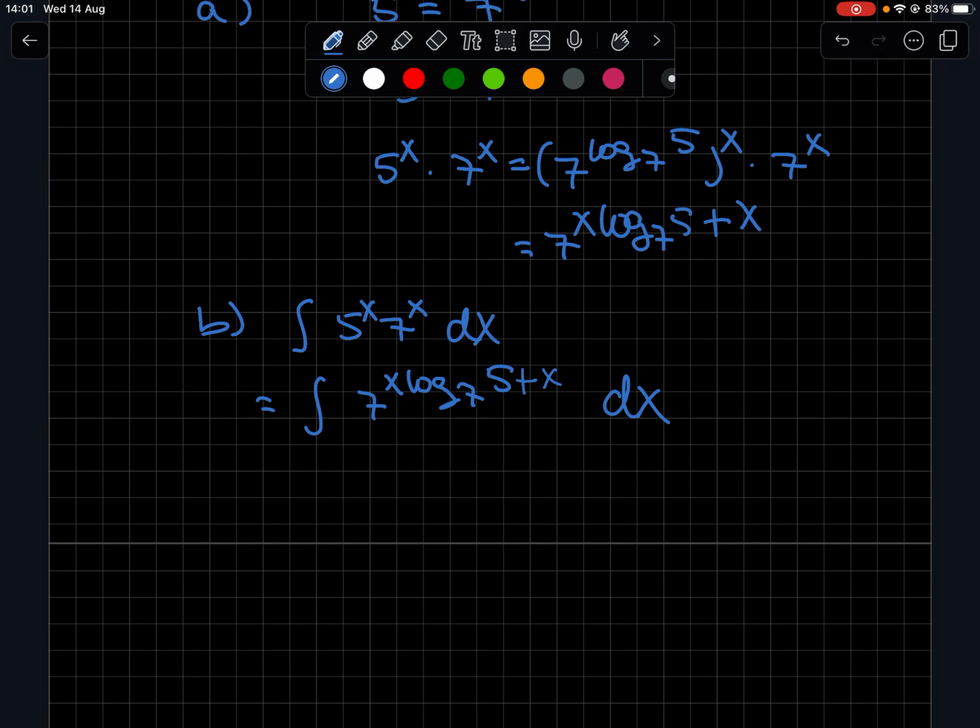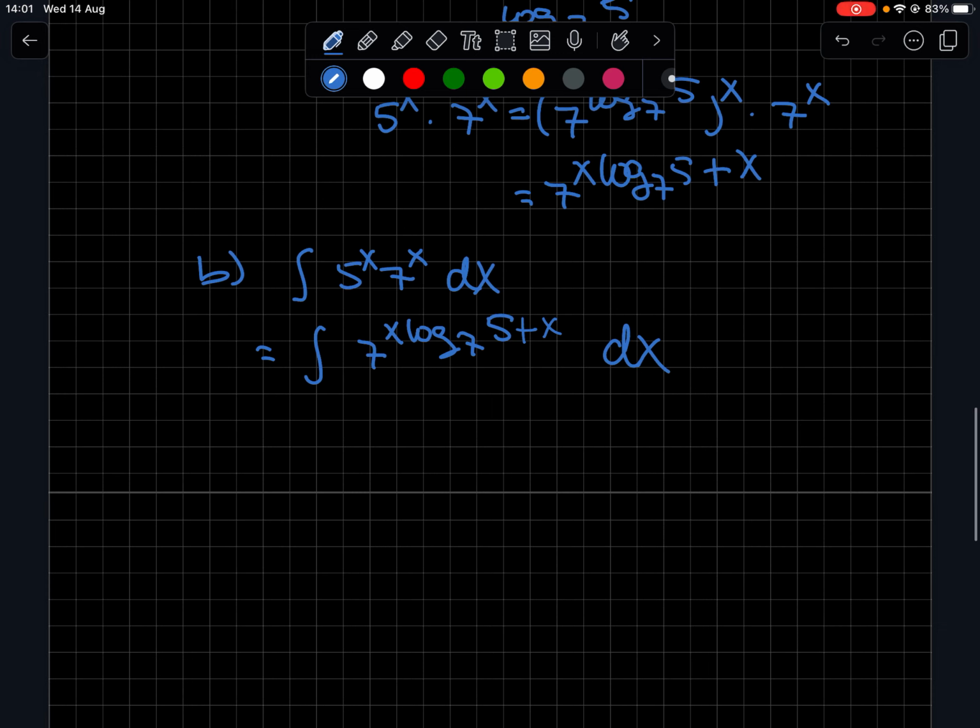There we go. So, how do we actually integrate this exponential? Well, we can either factor out an x and then use the exponent laws, or we can